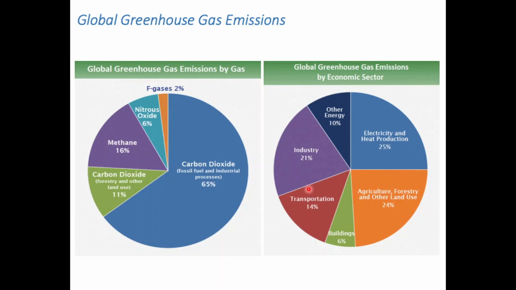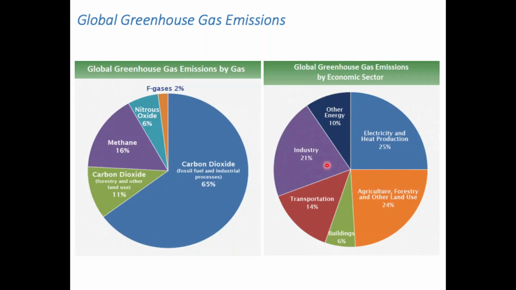Well, first, what type of gas are we focusing on? There are a variety of greenhouse gases, and in chapter 12, we will go into the science of climate change in more detail. But the reason why we are focusing on carbon dioxide is because by volume, carbon dioxide is the primary greenhouse gas. In terms of potency, methane, nitrous oxide, and the fluorinated gases are actually more potent. But because carbon dioxide plays such a dominant role by volume, our main focus is going to be on carbon dioxide.